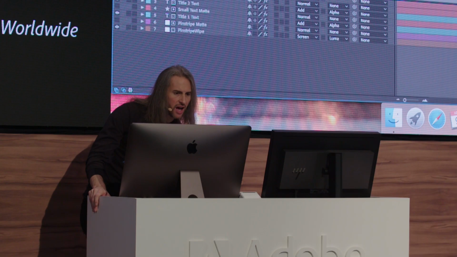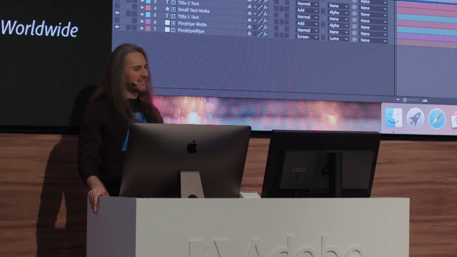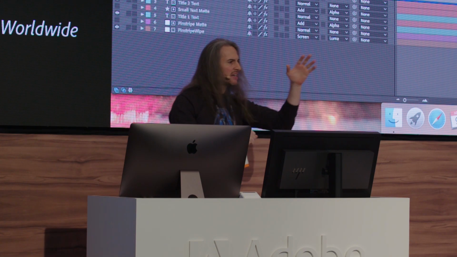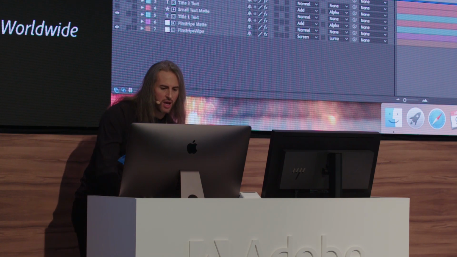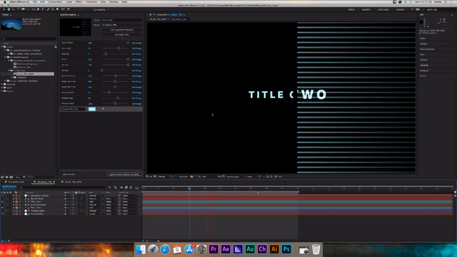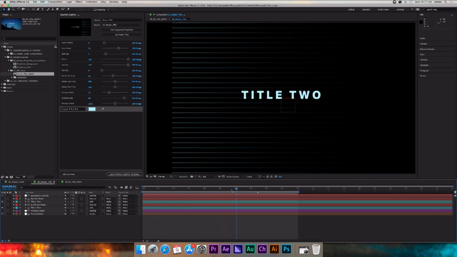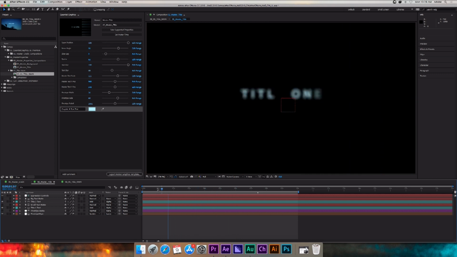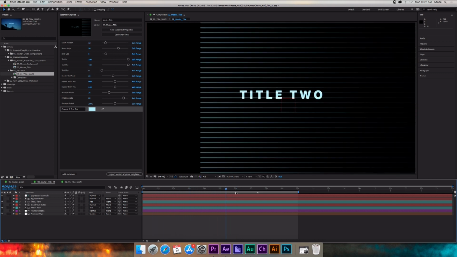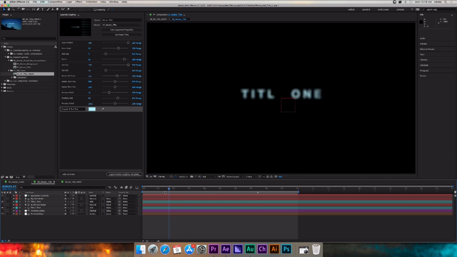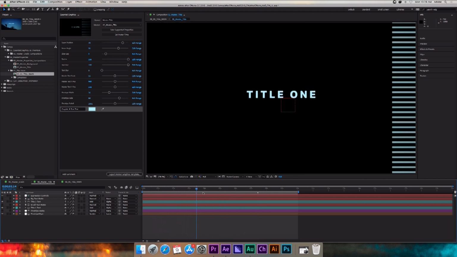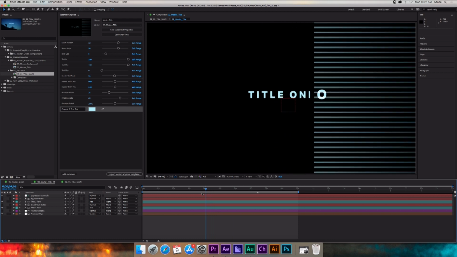Now, for the sake of time, as I mentioned, let's say you don't even plan on making a template, but you just want quick access to things as you're designing. So here's another variation of that same template. Take a look at all the parameters that I have here. As I scrub through this, you're actually seeing the sliders moving. It's showing you all of the parameters and the animation that's happening on them in real time inside the Essential